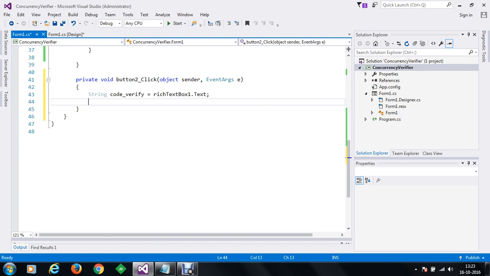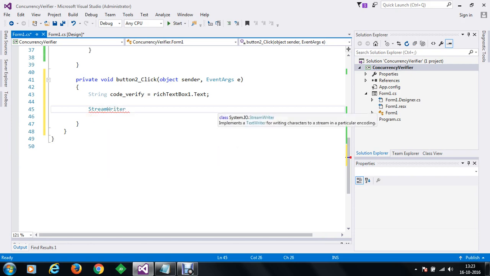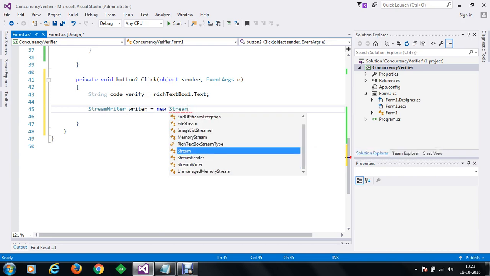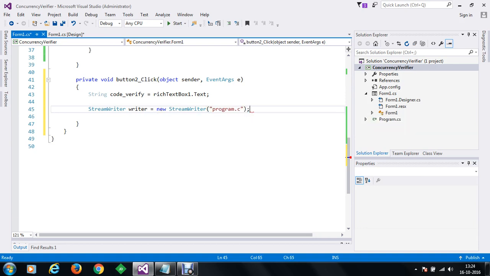Once we have the data ready, we are going to make use of the stream writer class to write the content of the rich text box into a file known as program.c. So we'll use the class stream writer. Let's create an object with the name writer. We are going to create a new stream writer, and within the stream writer we are going to create a file named program.c.